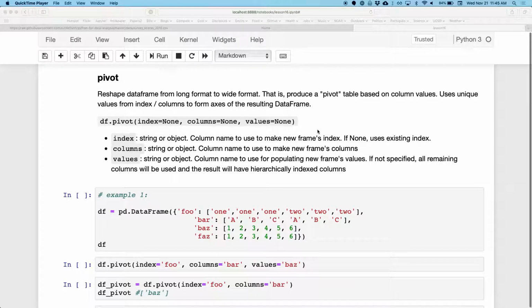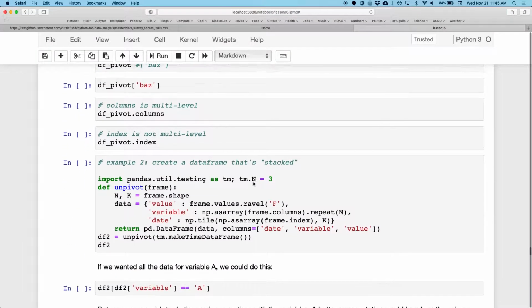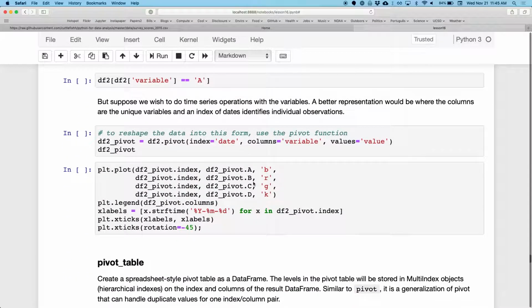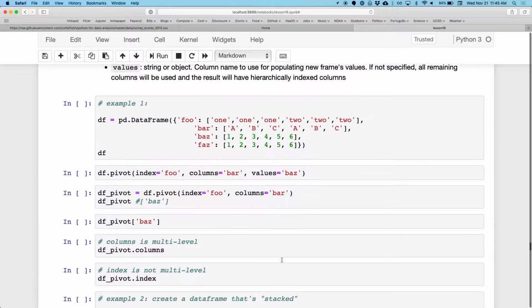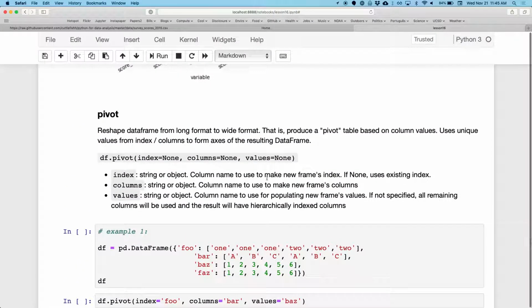The next topic is pivot. There are a couple of functions we're going to see. We're going to see pivot, and we're going to see pivot table, which is sort of a more general version. So depending on what you're trying to do, you might want one or the other. But in this case,